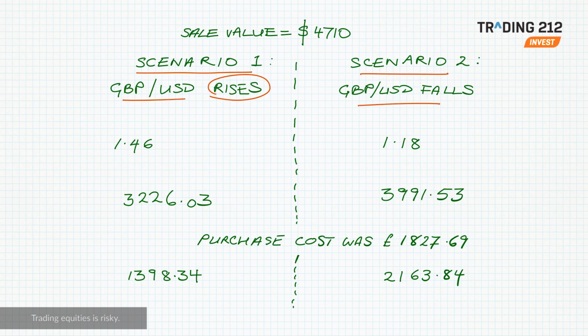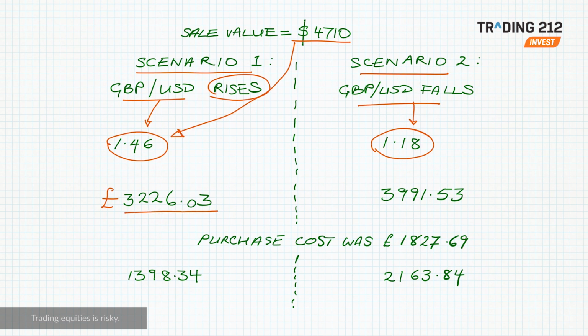Now, I've gone for quite wide fluctuations. That's just to illustrate the point, to make the effect more apparent. But let's say that in scenario one, the exchange rate rises to 1.46, and that in the second scenario, it falls to 1.18. So our sale value was $4,710. In scenario one, we divide through by 1.46, and that gives us a sterling sale value of £3,226.03. In scenario two, we divide through our sale value by 1.18, and that gives us a sale value in sterling of